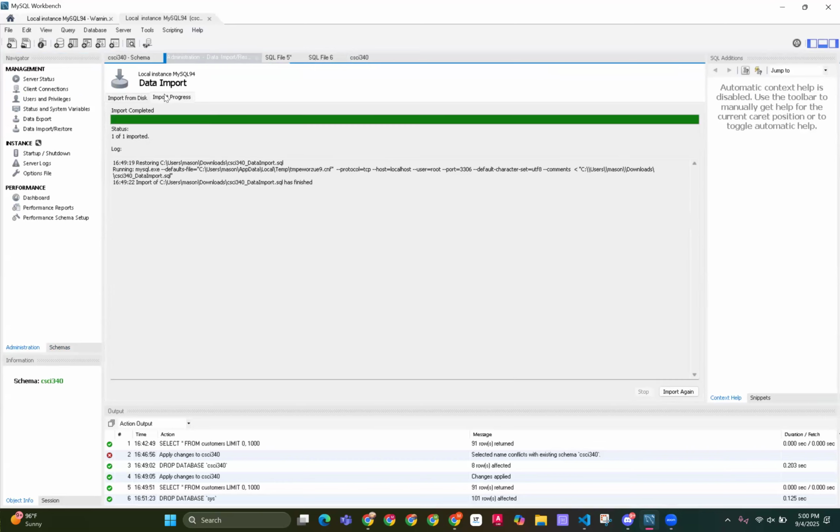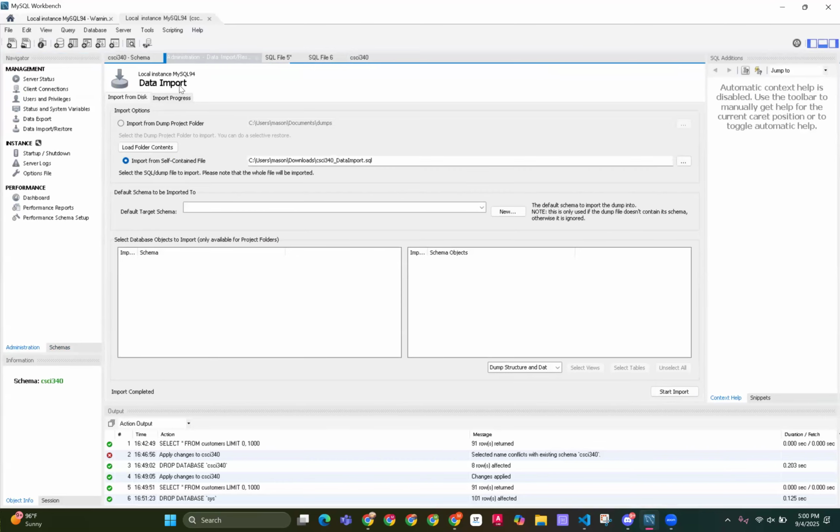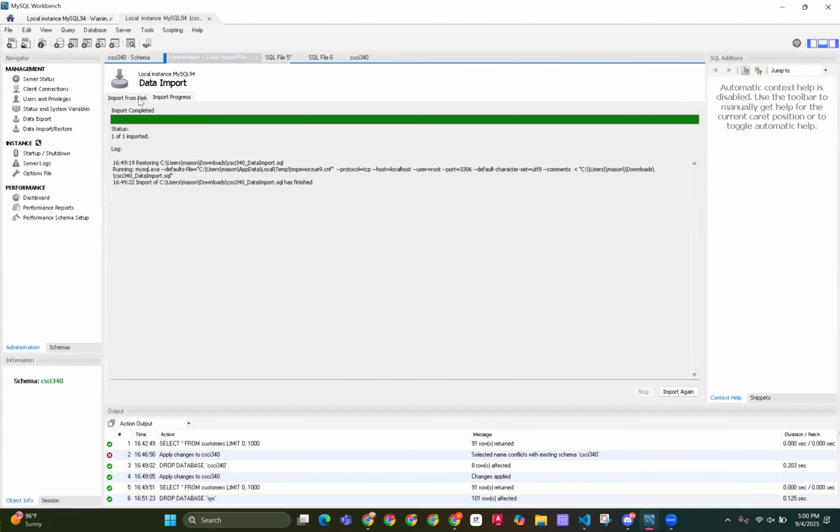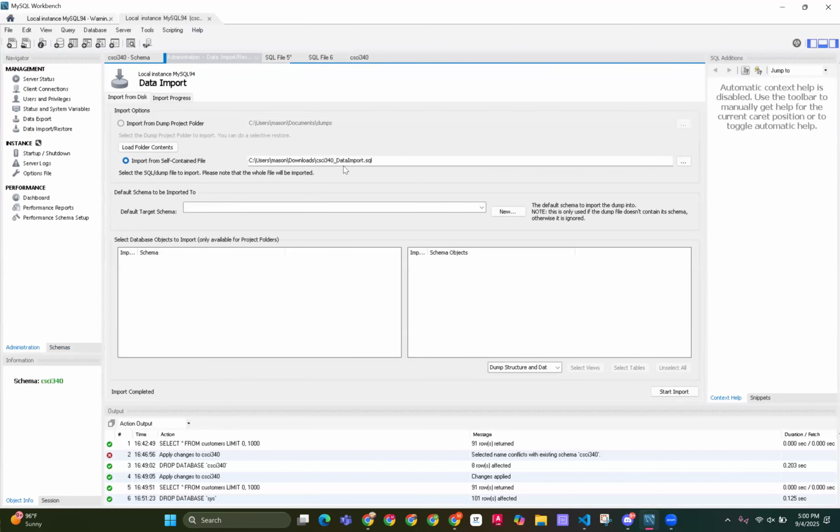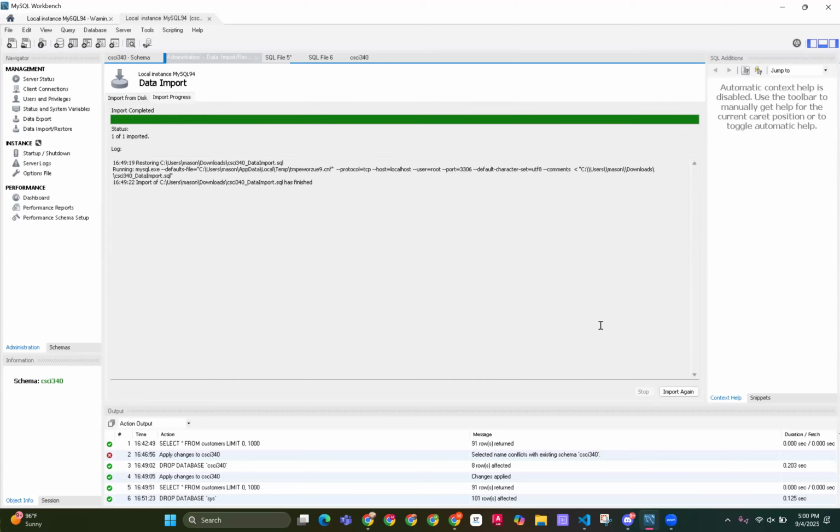If you're having trouble with your import, by the way, just look on here and do your import progress from this side. So import from your disk, select the right file, and then you can click load file contents. If that doesn't work, make sure you go to the import progress page and then click the